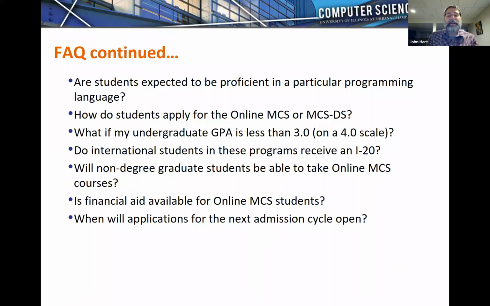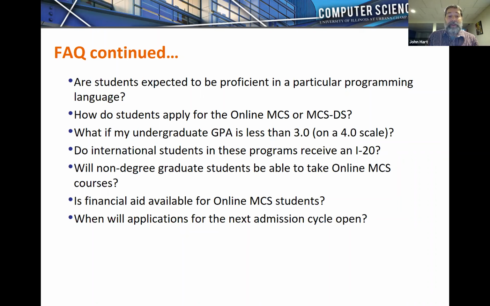The important thing is that we don't want to admit anybody into the MCS program that doesn't have everything they need to succeed in this program. Our goal is that everybody completes and graduates and gets the degree. We don't want to admit anybody that is going to have to struggle and have a significant chance not to be able to complete the degree. So we just want to make sure that as a student in graduate level coursework, you can get an A in each of these classes.